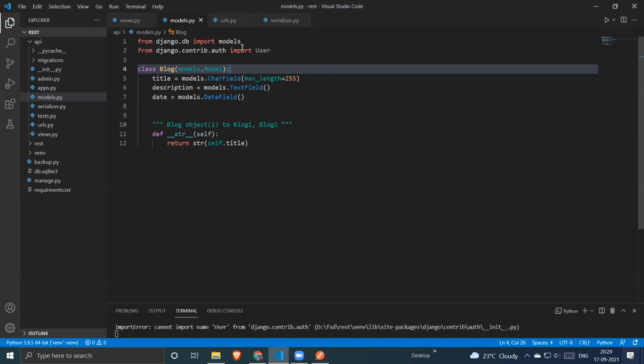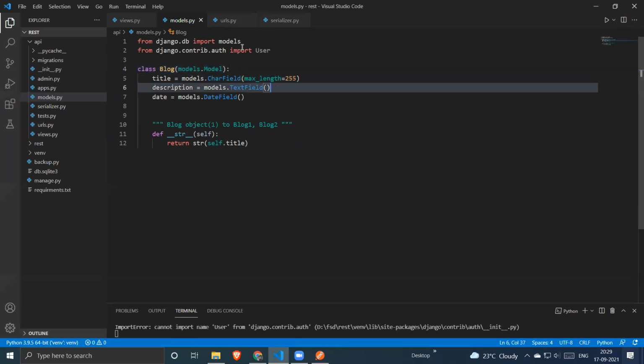And if that blog owner is actually surfing the API, then only he can update the blog object. Otherwise, everyone can just see or get the single attribute. So it will be just a get request for everyone, or the post request. But for the owner, it will be get, post, put, patch, and destroy.